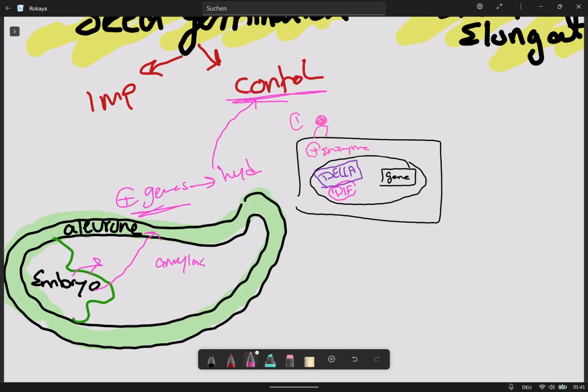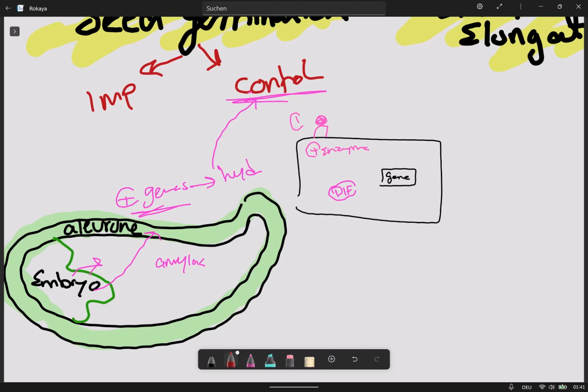So who is the DELA protein? The DELA protein is a repressor protein. Okay, the repressor protein keeps binding on the PIF transcription factor, and prevents the transcription factor from binding on the gene and then activating the gene. So as long as the DELA protein is bound to the PIF, the gene will remain unexpressed. Okay, so once those enzymes break down the DELA protein, the PIF now is